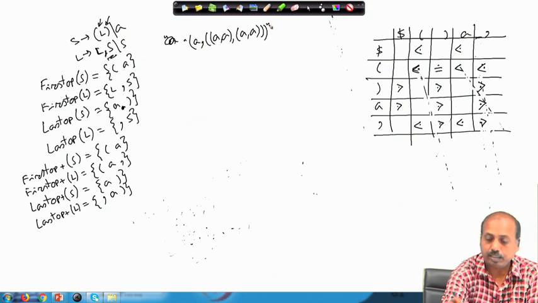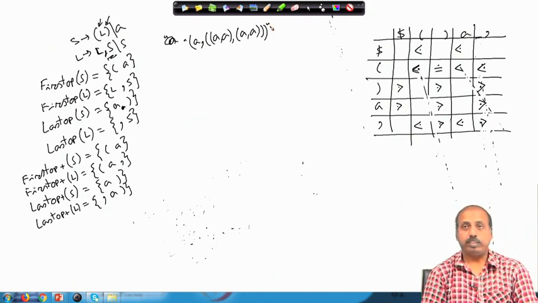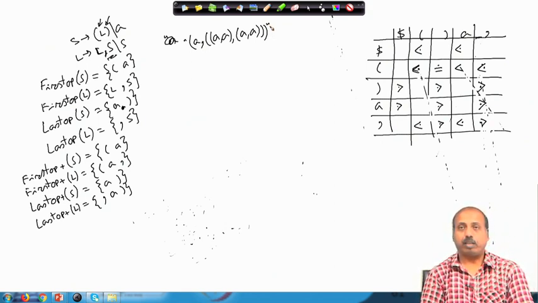So, this is the string. We will see whether we can parse this string using this operator precedence parsing table.